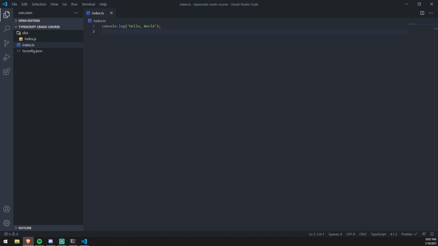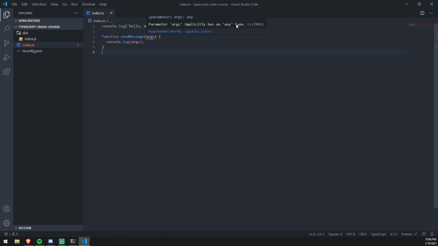Literally now we can just write a bunch of JavaScript code and it will work just fine. So for example, I can write a function and just call it sendMessage. And let's just do something like args, and let's say console.log args. Now you're going to see right over here, I actually have a red line, and it's saying args implicitly has an any type. So in TypeScript, we're going to go over this in, I think, probably the next couple of